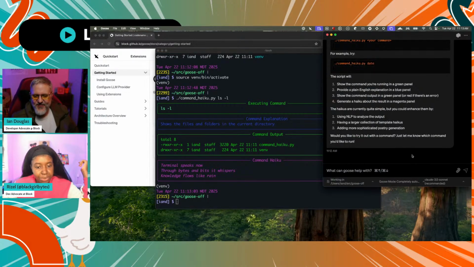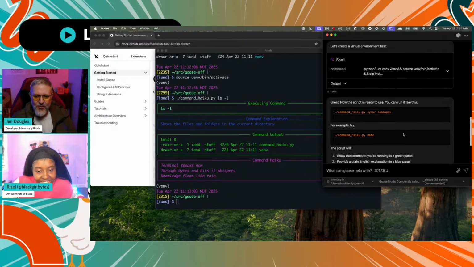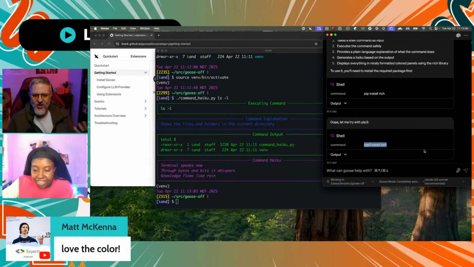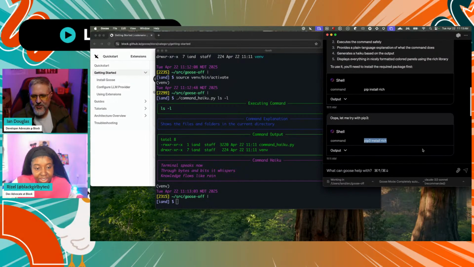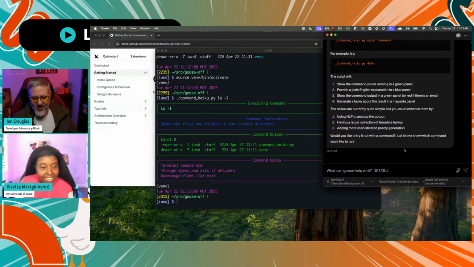Did you do the color? Is that because of your terminal settings, or do you think Goose did that? I'm not sure, to be honest. I mean, it might be something in the Python libraries that it pulled in. I'm not familiar with what this Rich thing is, but it looks like it was going to pull it in to display everything nicely and format color panels using the Rich library. I've never used this library before, but apparently it draws those boxes and everything. So it's pretty cool. I didn't have to do hardly anything at all. I'm gonna go to Moot now, check out what he's doing. In the meantime, maybe you could, you have extra time to spice it up and surprise us even more. All right, sounds good.